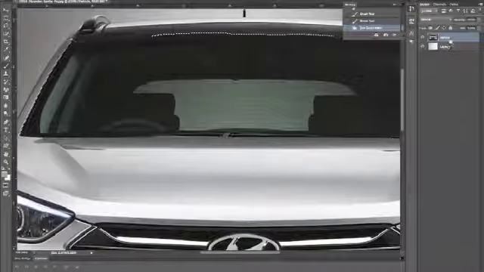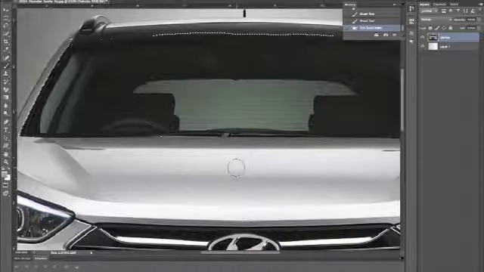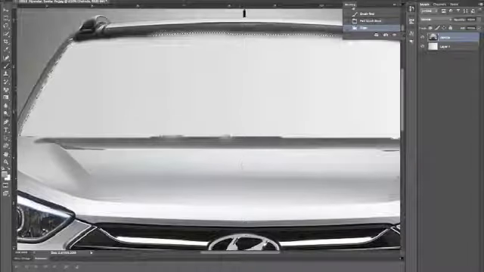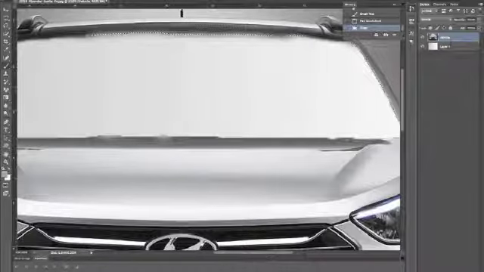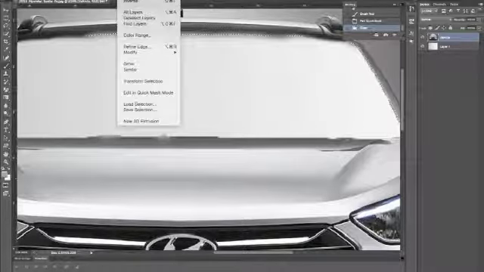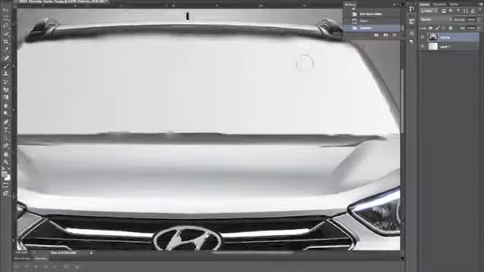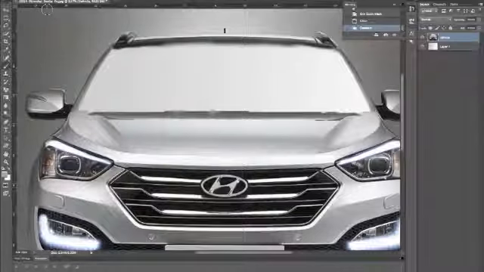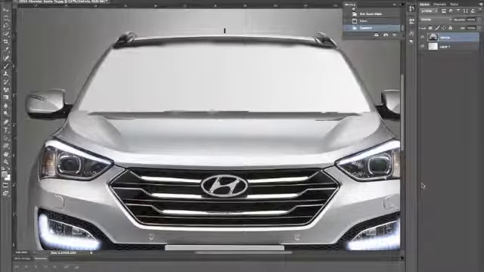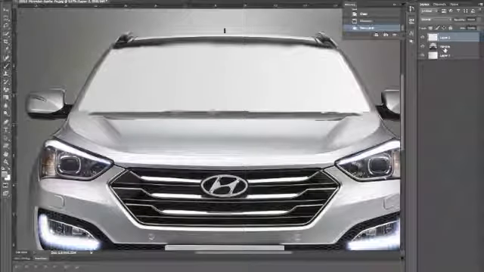All right, much better. So we're still working on the vehicle layer. I'm going to press delete and get rid of it, and there's basically the eyeball area for your car. Deselect, and next we're going to be adding a new layer. So, new layer. Make sure it's above your vehicle layer. I'm going to name this one